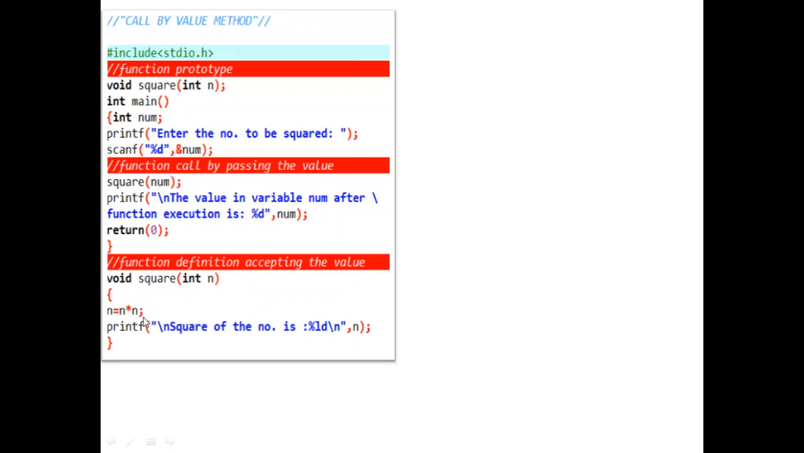n is equal to n into n. Basically, we are finding the square, and whatever the square is, I'm printing it. So whatever the new value in n, that will be printed. Then printf the value in the variable num after function execution. I want to know whether the variable num has undergone any change. That's what I'm trying here. So I'm printing whatever value is there in num, and I'm ending the program by returning a value 0